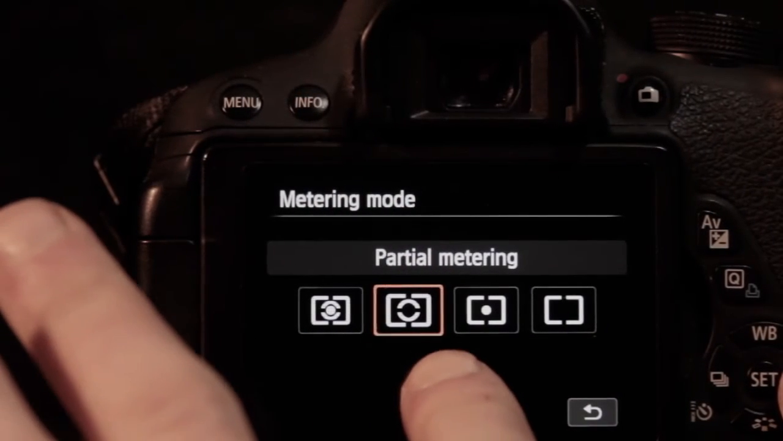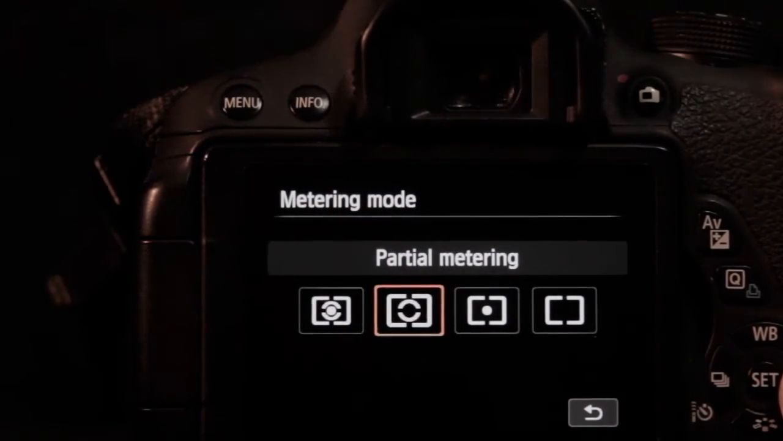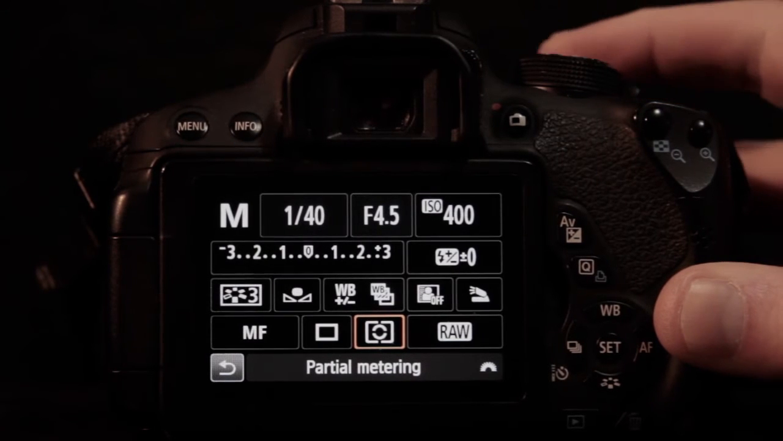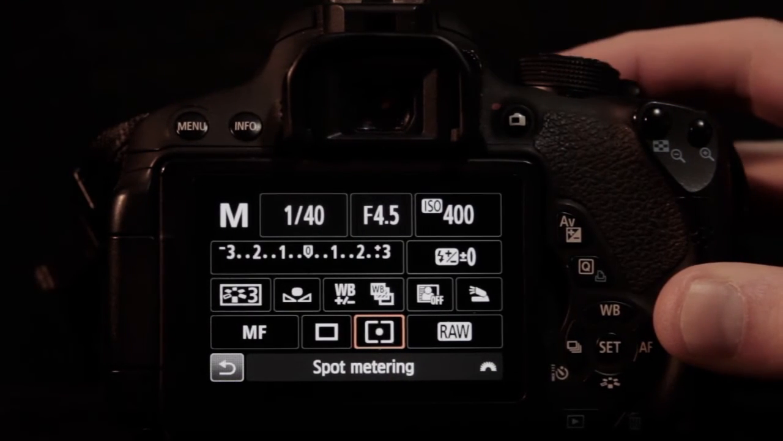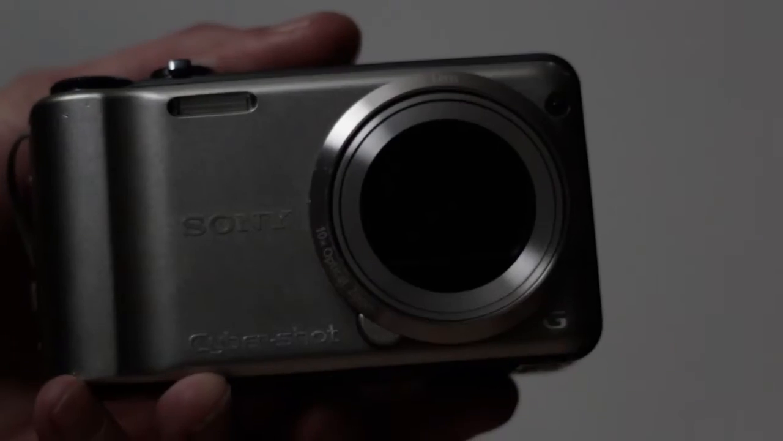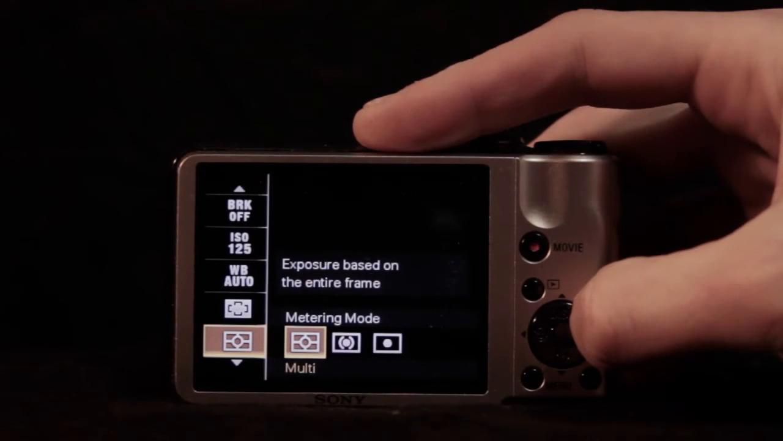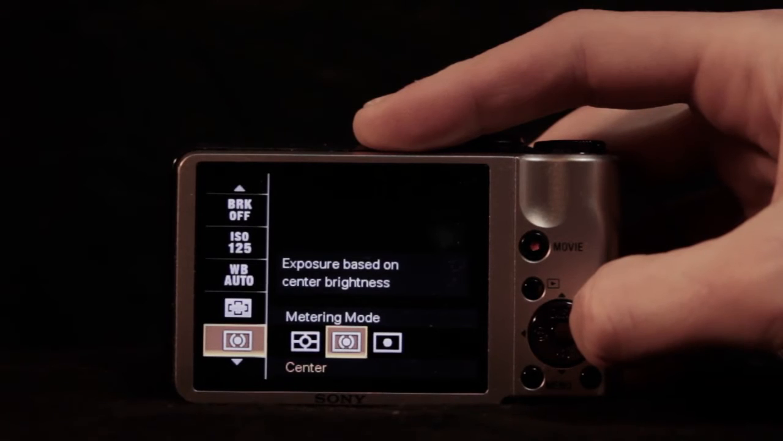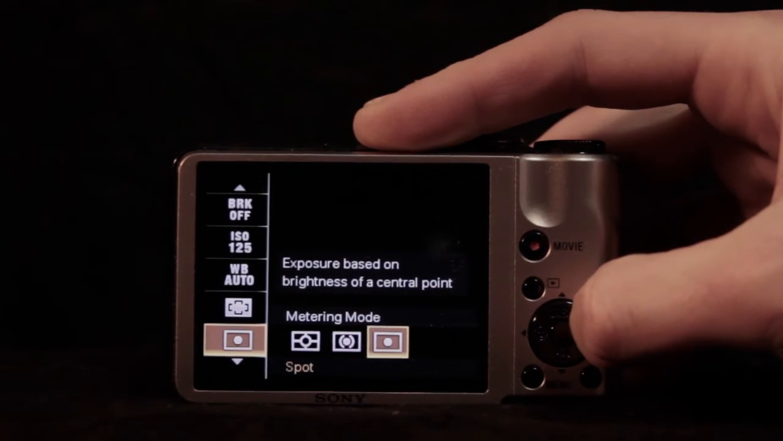And then there is partial metering, which is like spot metering but uses a bit of a bigger area. Your camera might have the same, more, or not all of them. For instance, my little snapshot camera has multi, which is the same as evaluative or matrix metering, center, and spot metering. You might want to check out which of these modes your camera has, because in the second to next